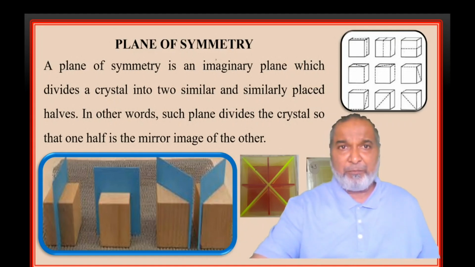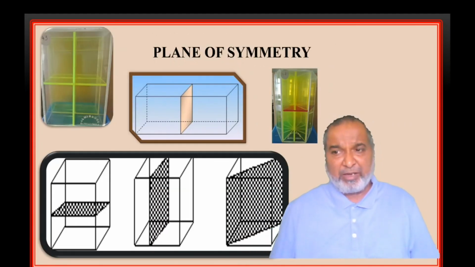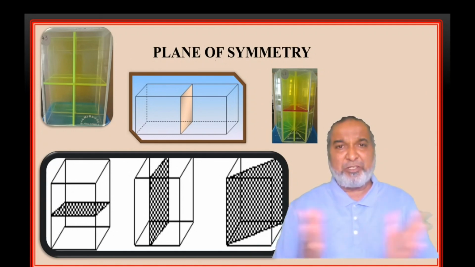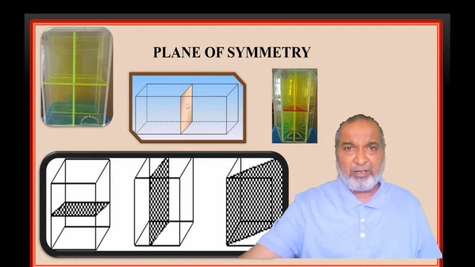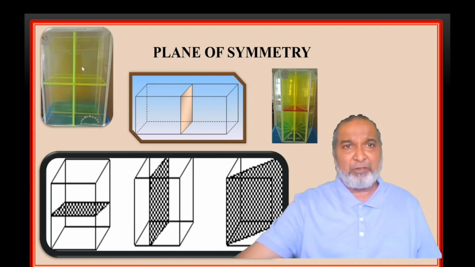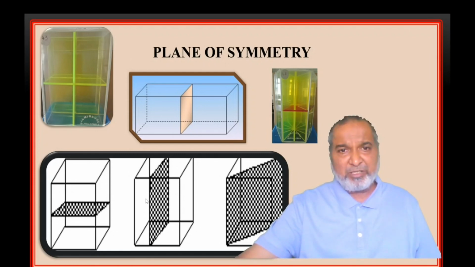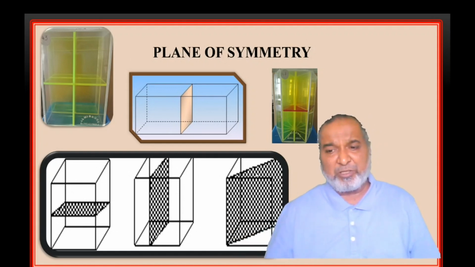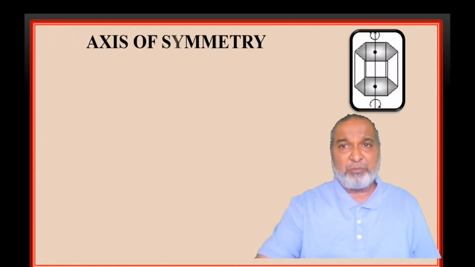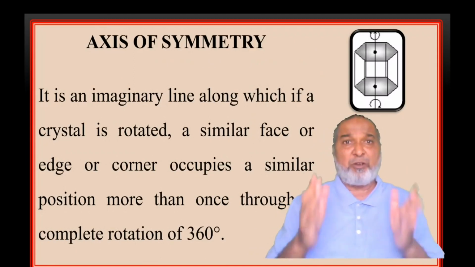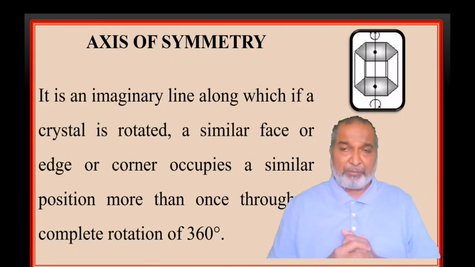We'll go to the next one now. Here we have shown you the simple one, a plane which divides the base, the rectangle, from front to back. So left will be the mirror image of the right. Similarly here in the orthorhombic, this is vertical, left will be the mirror image of the right. This is the bottom one, top is the mirror image of the bottom. So top and bottom are mirror images, left and right are mirror images, and corner to corner it is there. So this is where you have to find out the possibilities, to find the number of planes available in that particular system.